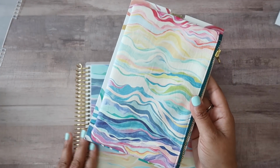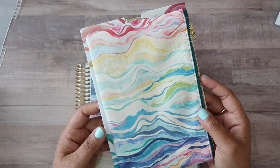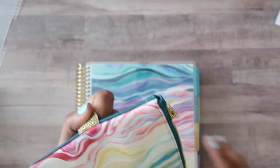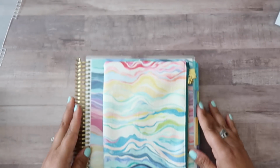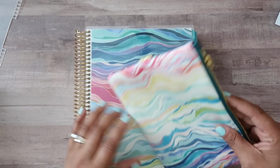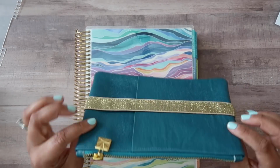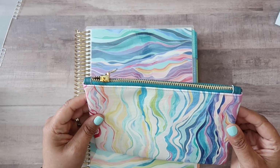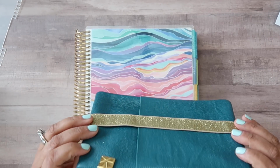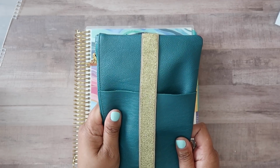All right, next up is the new Colorful Layers Planning Pack. Let me go ahead and take this off of the packaging. And this is stunning. This is a lot to look at. This is a lot of layers on layers on layers, but I personally love the layers pattern. I will be really curious to see the neutral one, but I love it because it's got this beautiful, beautiful